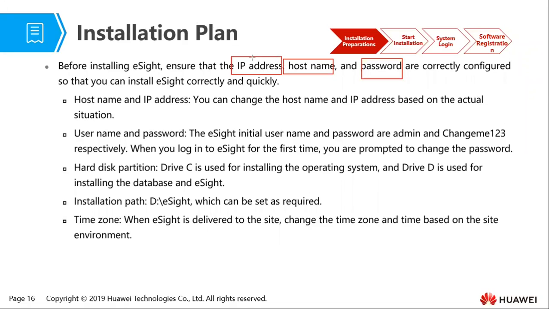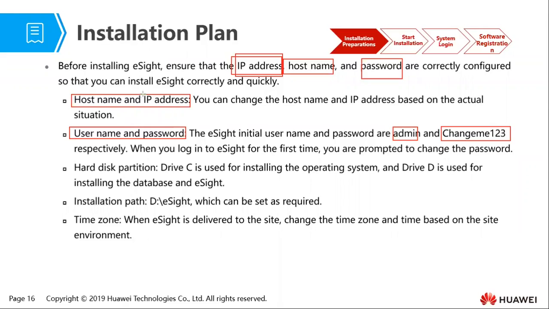One thing that I need to emphasize is that the IP address of your eSight server must be a static IP address. You must configure a static IP address. Most likely you'll get that question in the exam. So you need to configure a host name and an IP address, a username, and a password. Now the eSight initial username and password are admin, and the password is change me